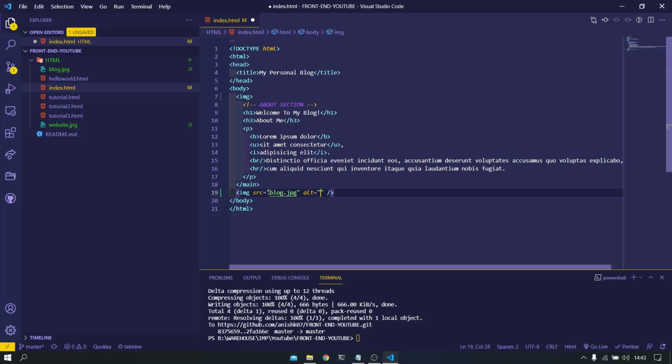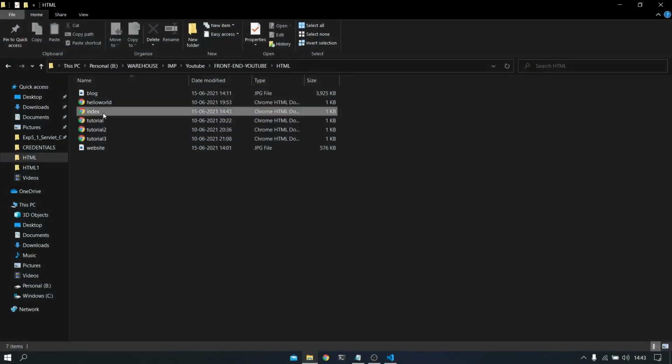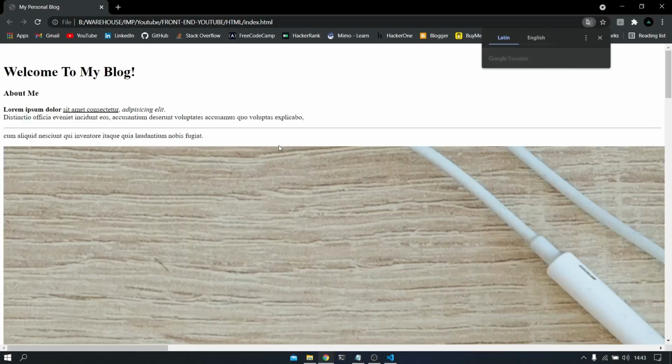And this alt text, what it's going to do is, if our browser fails to load this image, this alt text will appear instead of the picture, and it will tell the user what we are going to write just now. So let's say my picture fails to load. Instead of the picture, the web page will show "blog's picture" as text. Okay. So if I just save it and run this again, you can see there's